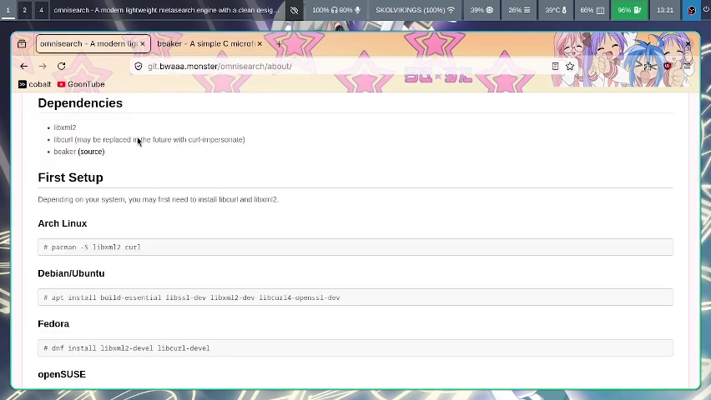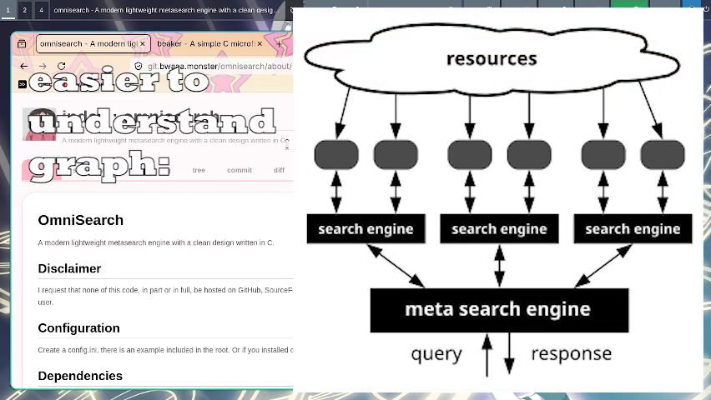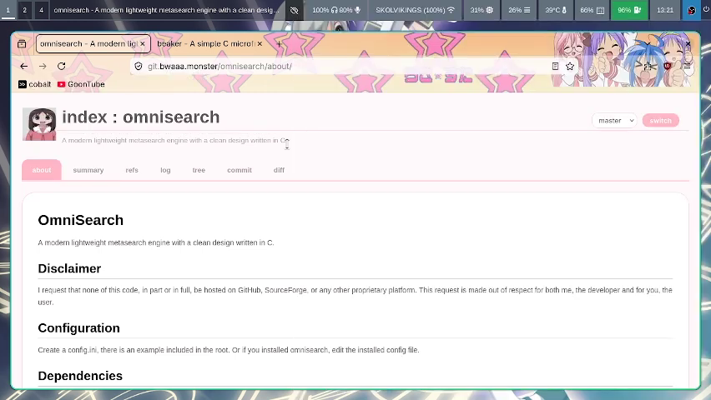This is OmniSearch. OmniSearch is a beautiful, modern, lightweight metasearch engine with a clean design written in C. While it's fairly new, it's written in something that's fairly old. And for those that don't know, a metasearch engine, or some people call it a search aggregator, is basically an online information retrieval tool that uses the data from something like Google or DuckDuckGo, and then it takes that and gives it to you while keeping you anonymous and giving you good